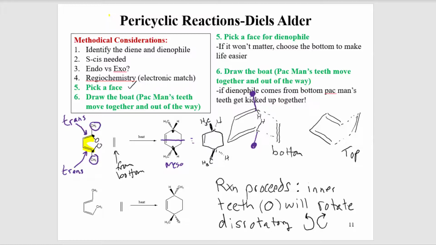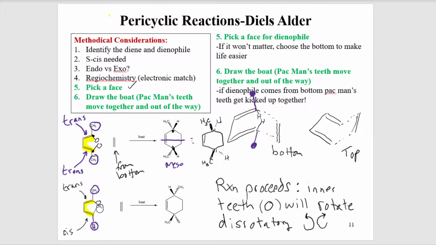Okay, how about the next one? Notice that we have our Pac-Man already drawn. And if I were to ask you about the double bond here, you'd tell me, oh, it's trans. And if I asked you about the double bond on the bottom, you would tell me it's cis. So this is a different starting material than the one I started with above. Now, let's evaluate what's inside the mouth and what's outside the mouth. Outside the mouth, we have a methyl group and a hydrogen. I'm going to draw in that hydrogen. I'm not going to assume it. Inside the mouth, we have a methyl